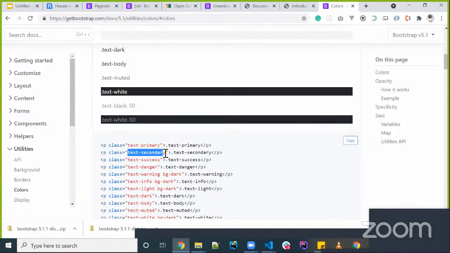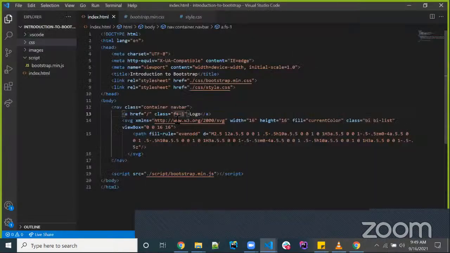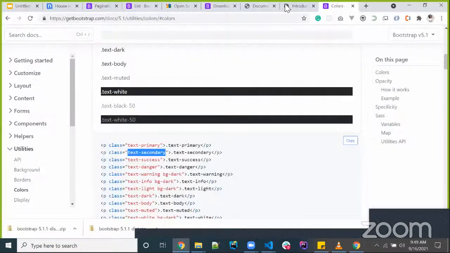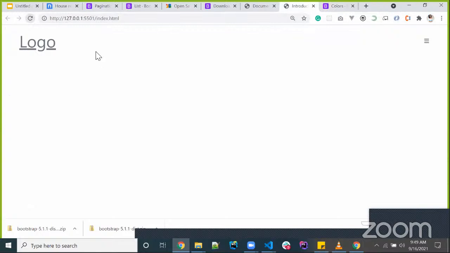So we will just go straight to where we have how to apply text secondary. Just copy the text secondary, or if you can type really fast, you can just come here and type text secondary. And be sure that if you are typing, what you have in your HTML is what Bootstrap has, okay? Right, so when we reload this, okay, the color has changed, but we need to remove this underline under it. What we can do is use a class called